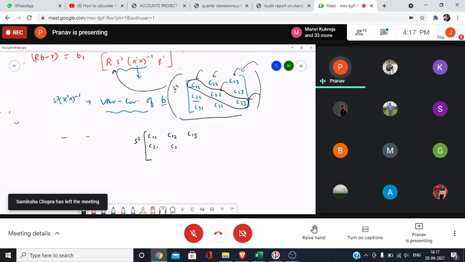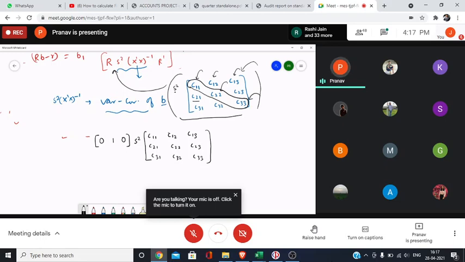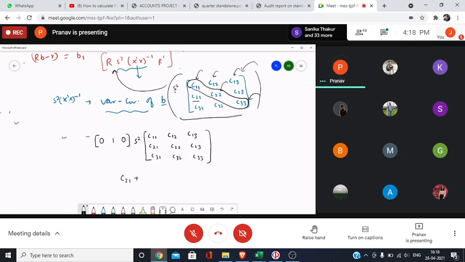C13, C21, C22, C23, C31, C32, C33. This gets multiplied by R, क्या है मेरा 0 1 0. So if you take this multiplication, what you will get is first row, first column, first row, second column, first row, third column. So first row, first column will be C11 times 0 which is 0, C21 times 1 C21, C31 times 0, it will be 0. So first element will be C21 plus